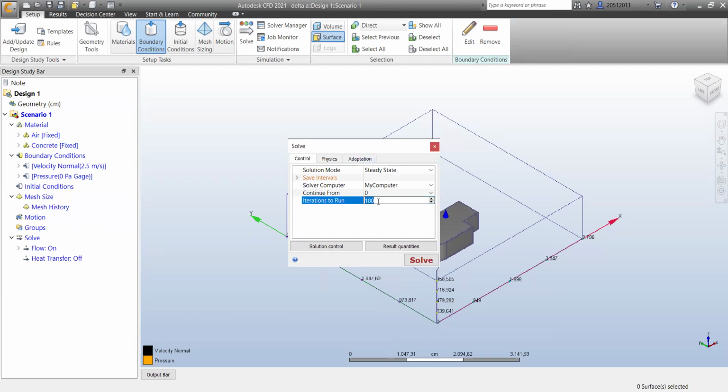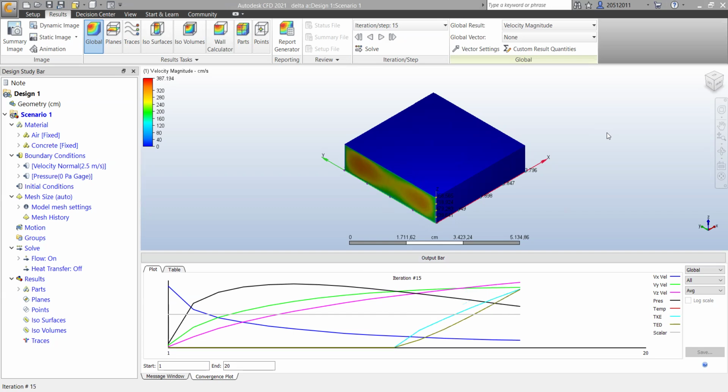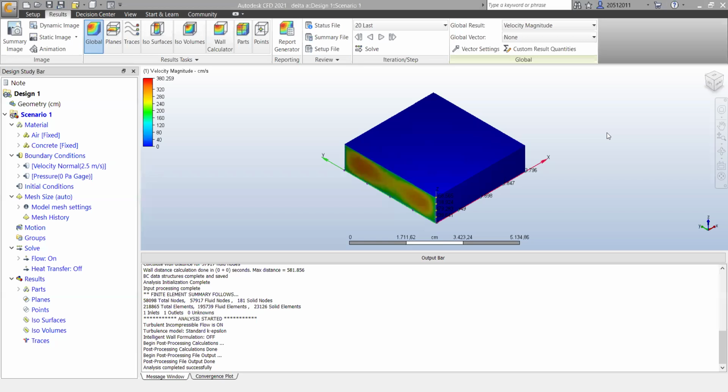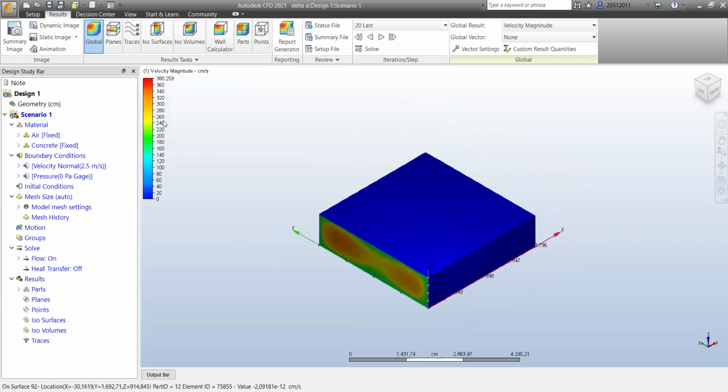Iterations: the lower, the faster the simulation, the less accurate it will be. For the simulation, I'm going to use 20. Physics, don't have to edit anything because there's no temperature. Click solve and you wait. Wait until the iteration number goes to the number you assigned it. Once it shows analysis completed successfully, put out the output bar,